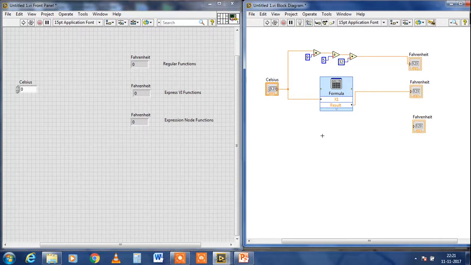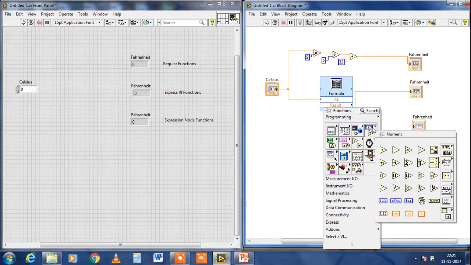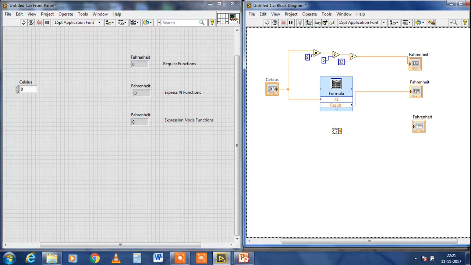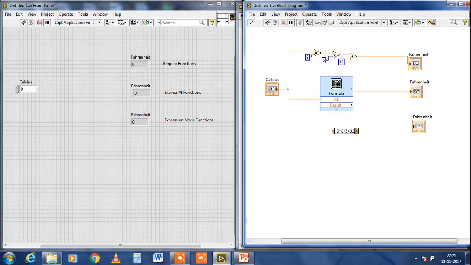Now we choose the last one, that is the expression node. To select the expression node, go to the function palette and, in the numeric subsection, click the expression node. In the expression node we create our function, and now we write the formula for Celsius to Fahrenheit conversion.